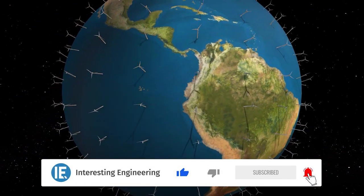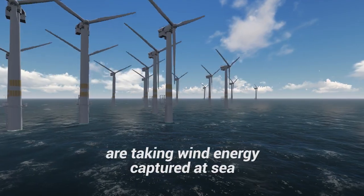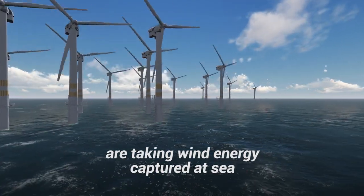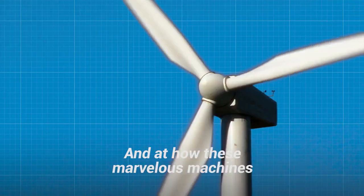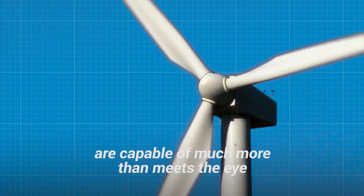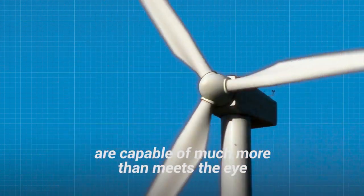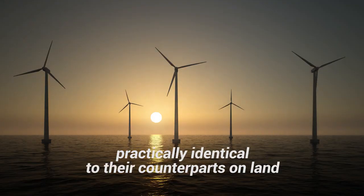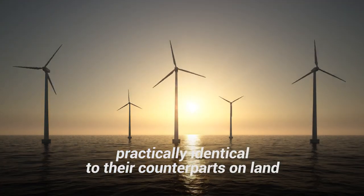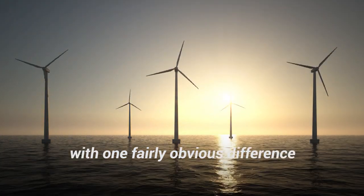Let's take a look at how companies around the world are taking wind energy captured at sea and channeling it back to land and into our homes, and at how these marvelous machines are capable of much more than meets the eye. Offshore turbines are, from the waist up, practically identical to their counterparts on land, with one fairly obvious